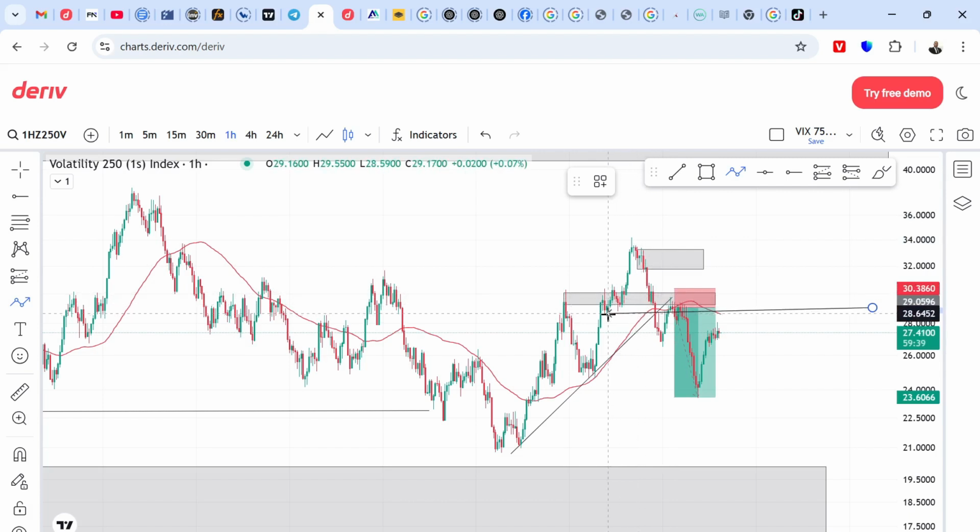The moment I spotted this change of character, I had to wait for two places. Now here's my first point of interest, the neckline here or this order block here. Now the market can either push here and come down. So long as it didn't break above this high, it's fine. If it breaks above this high, that means this sell signal is no longer relevant, right? But the moment it didn't create another new high and stopped here or here, then that means we're looking for